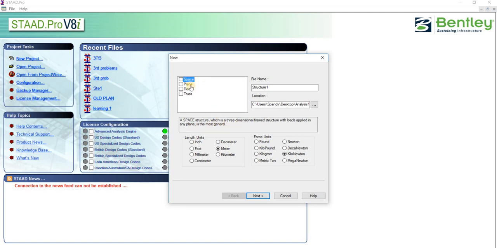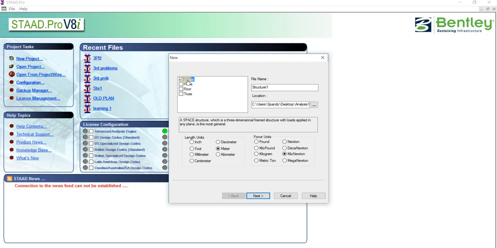Space is for 3D. If you click on plane, it is for 2D. They are telling that a plane structure is bound by a global XY coordinate system with loads in the same plane. Space is for 3D, plane is for 2D, floor is for slabs, then truss is for trusses.